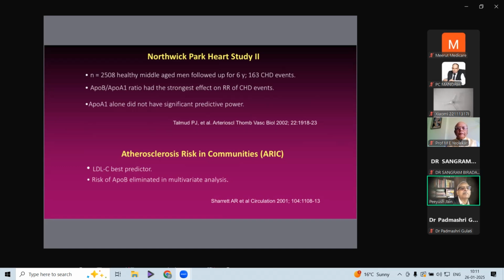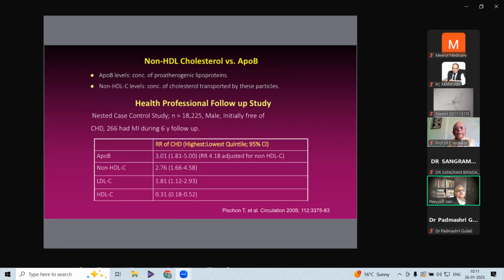So it is not 100% certain that ApoB is superior to LDL-C as far as risk prediction is concerned. The question that may be asked here is whether we can use some simpler parameters like non-HDL cholesterol. Non-HDL-C is basically total cholesterol minus HDL-C, or you could also calculate it by measuring LDL-C plus VLDL-C, which comes to the same. There's a difference between the two. ApoB levels tell you about the concentration of pro-atherogenic lipoproteins, whereas non-HDL-C levels tell you the concentration of cholesterol transported by these pro-atherogenic lipoproteins which contain